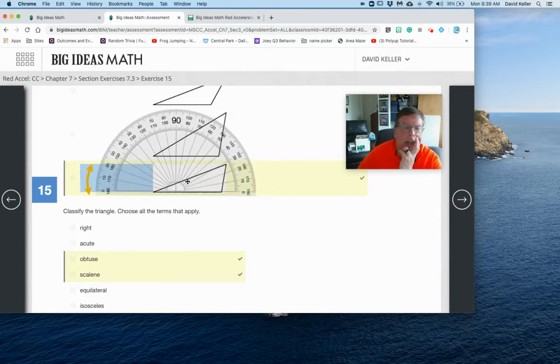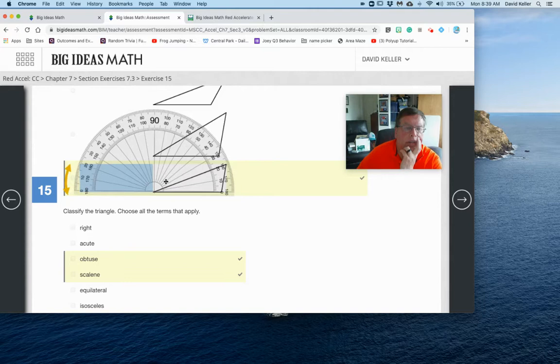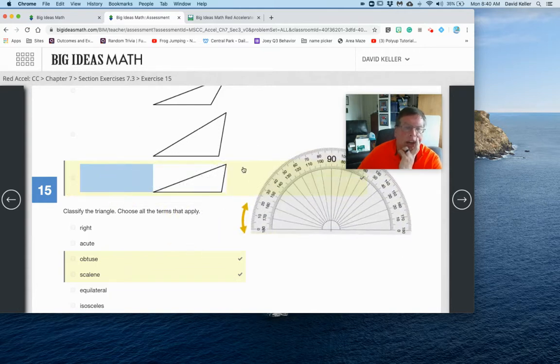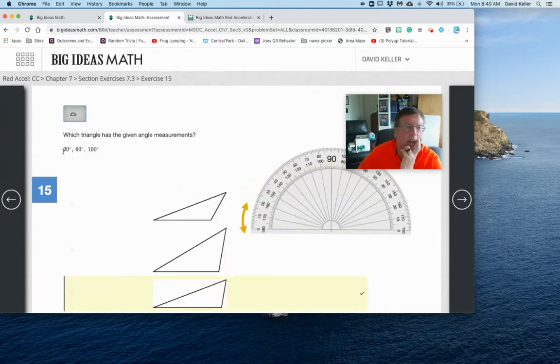And you can slide it over here since it's in the same line. And notice that that's a 20-degree angle. Now notice you change your scale because this ray is pointing to 0. So I have to read from 0 up. That's our 20. So that means that our triangle then is our 120. So that obviously